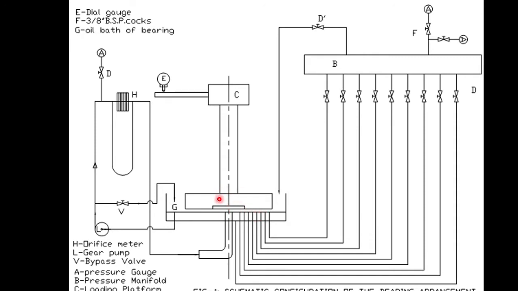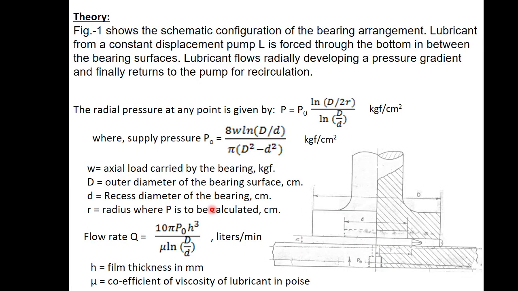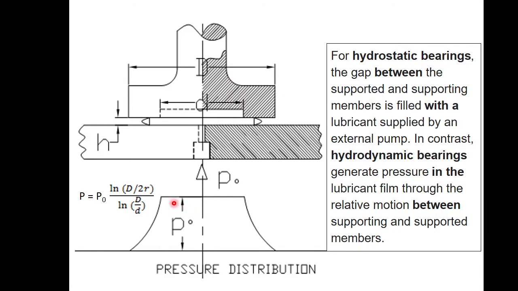Let us explain through this diagram. This is the basic unit. The flow is coming centrally into the central cavity. This is the pocket where we will get a constant pressure, and then the pressure will fall gradually. This is what we will get. This pocket is 50 millimeter, the outer diameter is 208 millimeter. This is the pressure distribution.